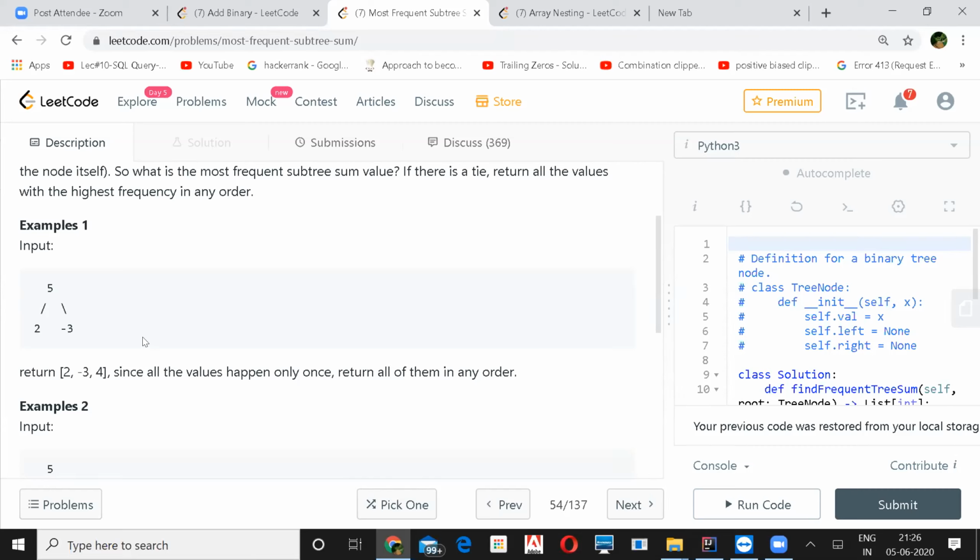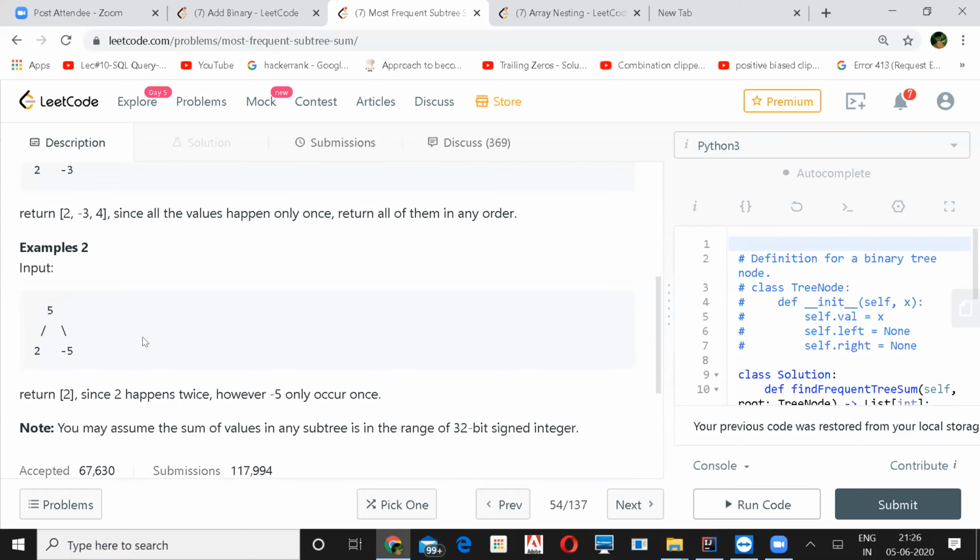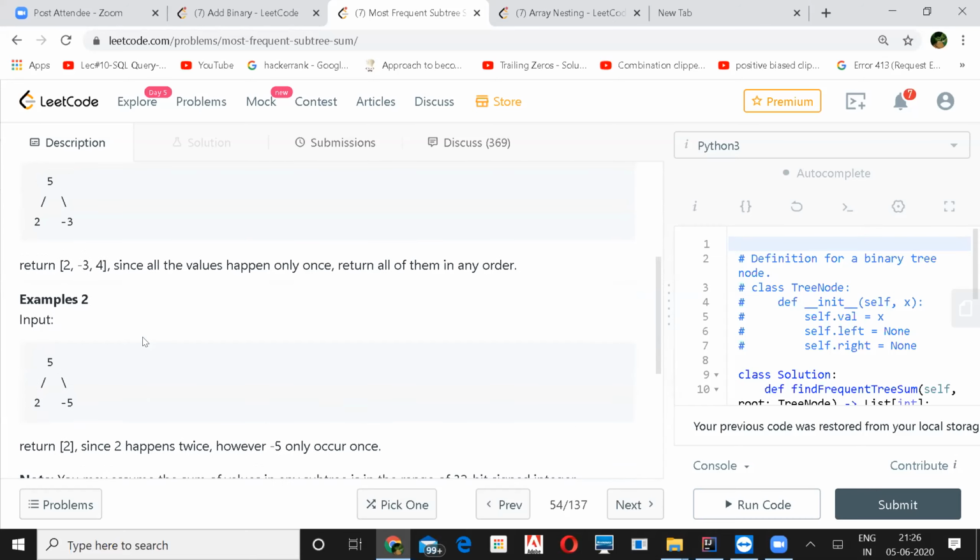So what is the sum for that node? 6 plus 4, 10. And the frequency for 10 is still 1. So that will also go in your output. Exactly, so you will take all these 3 and then do it for that 6 also. Correct, yes. So your output will be based on the frequency.